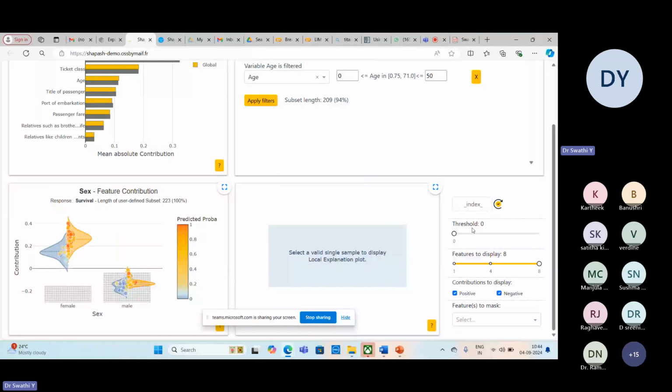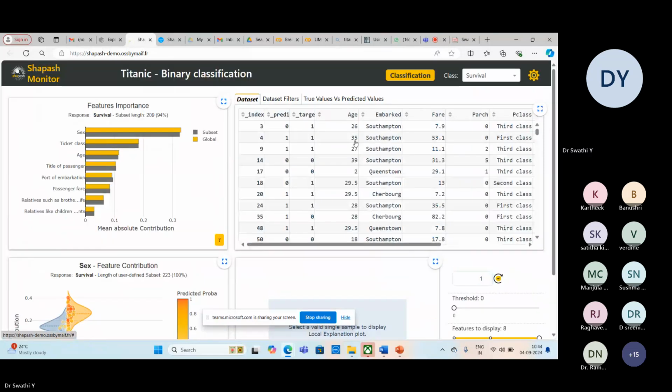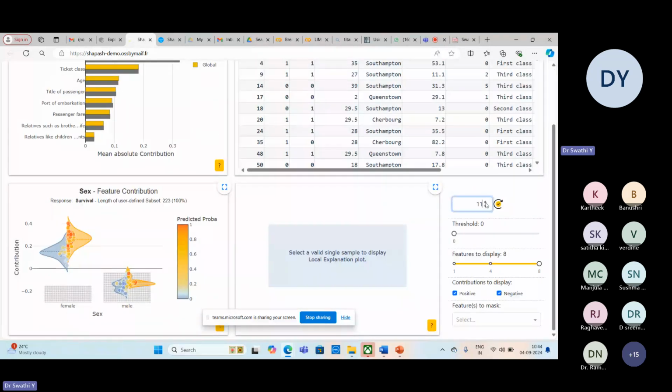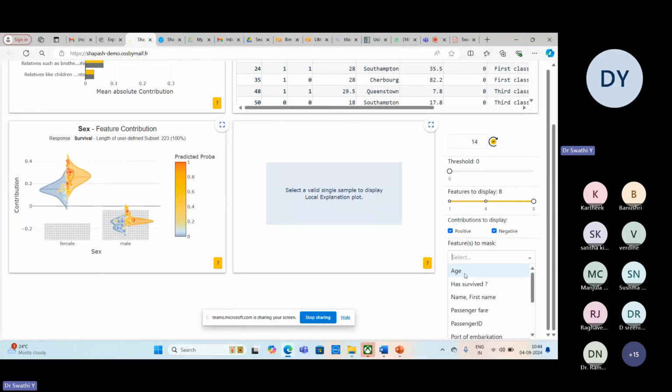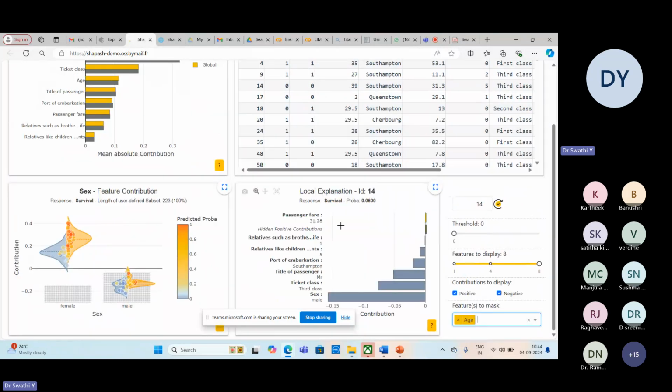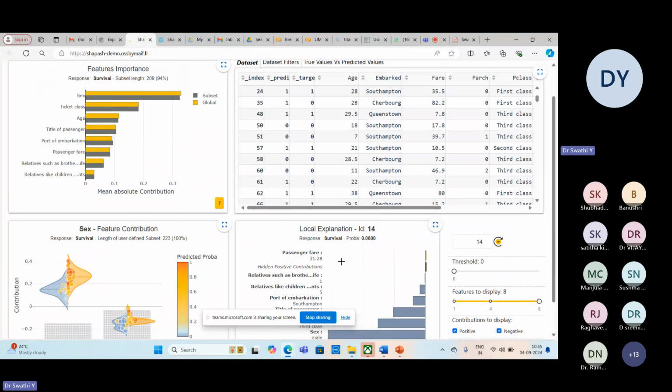And now here I want to select the threshold. Like I want to give an index. Suppose the data set I have, like index, it is 9 or 14. I want to select based on the index 14. So just click on that 14 and age. You can see only based on that particular index 14, all these plots are generated. Index 14 is nothing but Southampton. This is where he boarded the ship. So based on that index 14, all these diagrams will change.